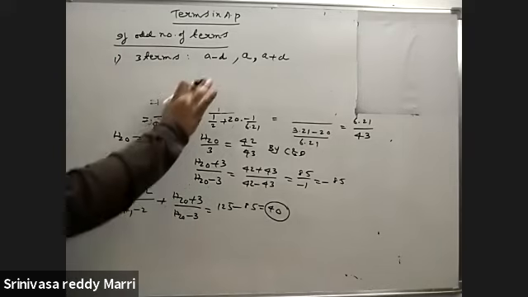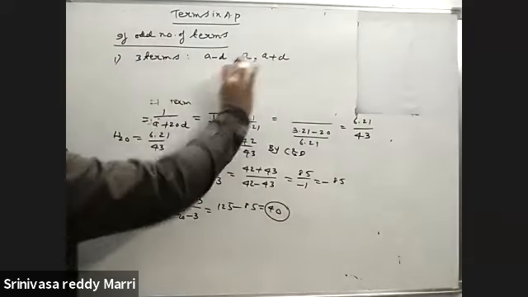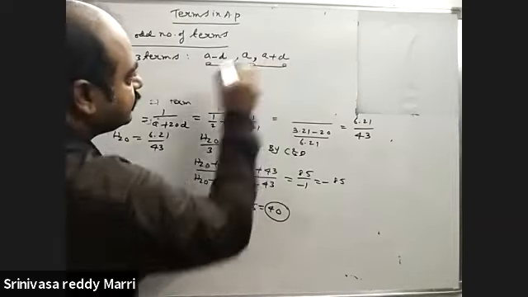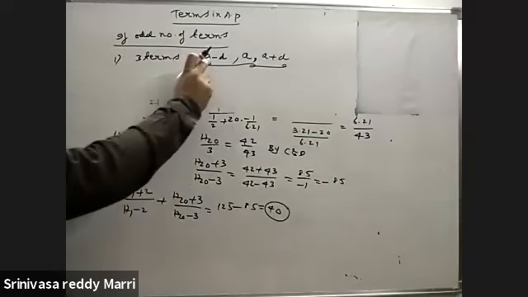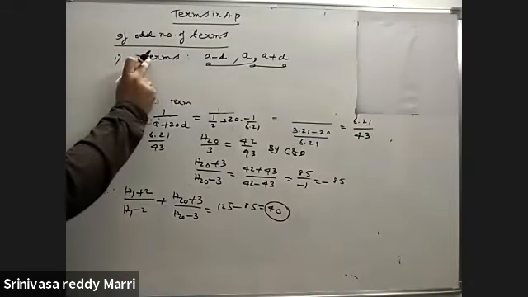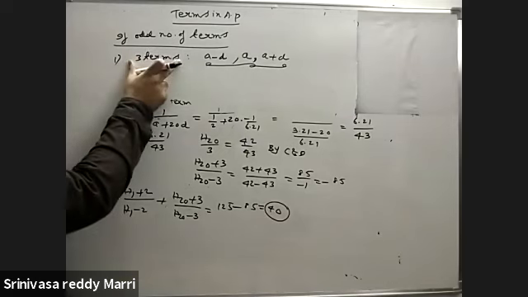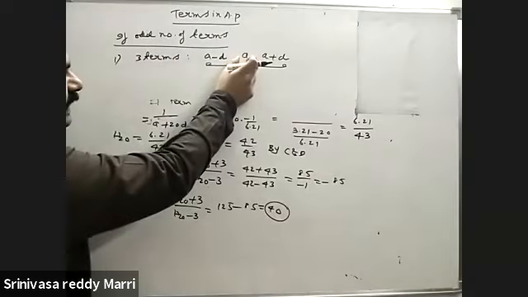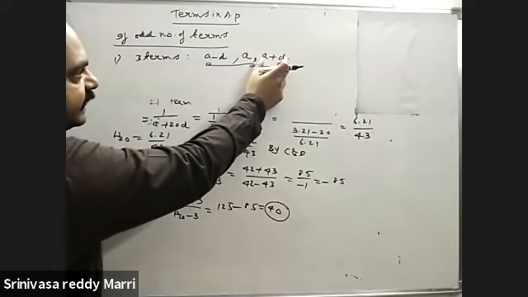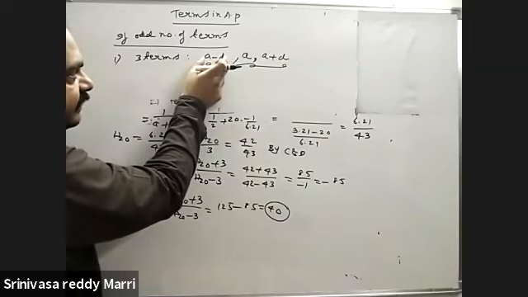Instead of taking A plus D, A plus 2D, take the three terms like this, such that if you sum all three, then D will get cancelled and you will get A. Three terms means an odd number of terms, so first you fix the middle term. That side you write plus D, and this side minus D.